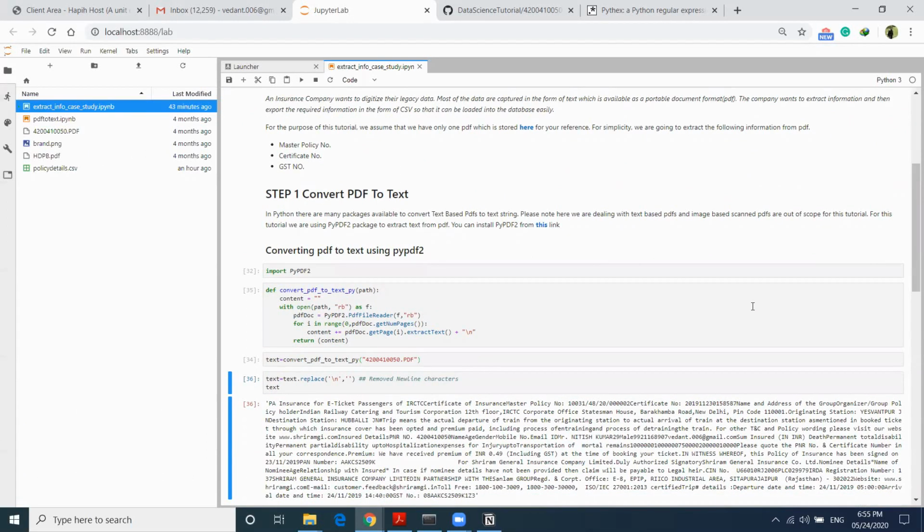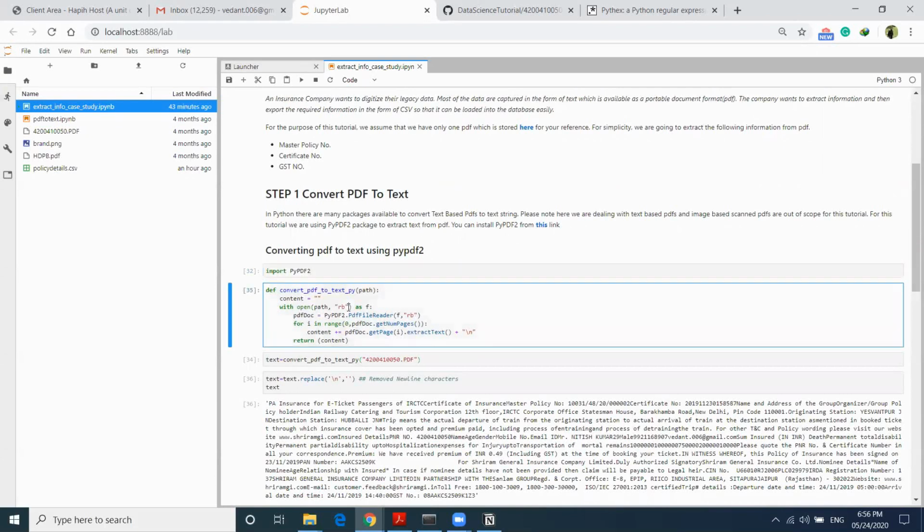The first step is converting PDF to text. There are many packages available in Python like pdfminer.six or PyPDF, or for OCR there are several packages that convert even scan-based PDFs into text. But for this tutorial, I am using PyPDF2. I have given the link. You can install PyPDF2 from the link given in the Jupyter Notebook.